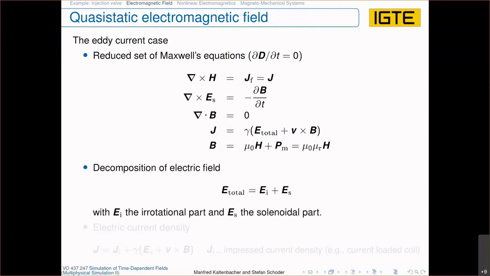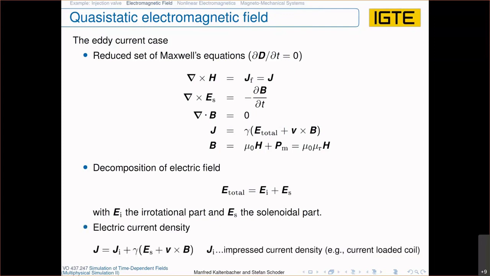With the decomposition, as already told, I want to show you that, according to Helmholtz, we can decompose the total field into the irrotational and the solenoidal part. And the irrotational part is always described by a gradient of a scalar function, which would be the scalar electric potential, which means it's not necessary to take the total field within the second Maxwell's equation. It's more or less enough to just take the solenoidal part, because we will also decompose now the electric current